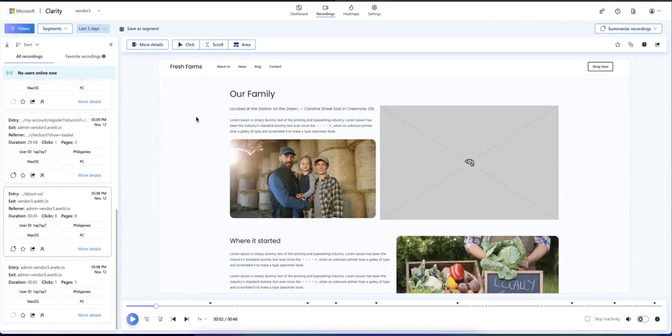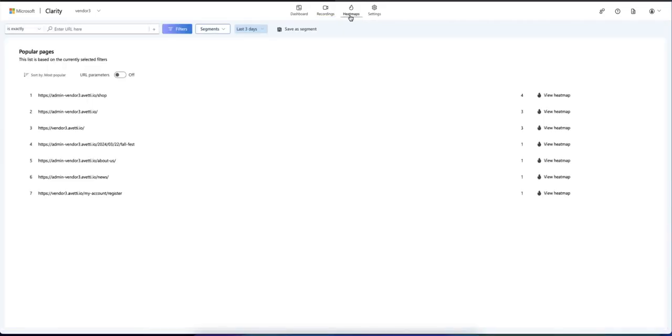Okay. Now, the last thing that I want to discuss is heat maps. This is another powerful feature of Microsoft Clarity. Just a quick thing about heat maps. A heat map is a visual representation of user interaction on your website pages. It shows where users are clicking, tapping, or moving their cursors, as well as how far they scroll. Heat maps provide a quick and clear look at what areas of a page are drawing the most attention